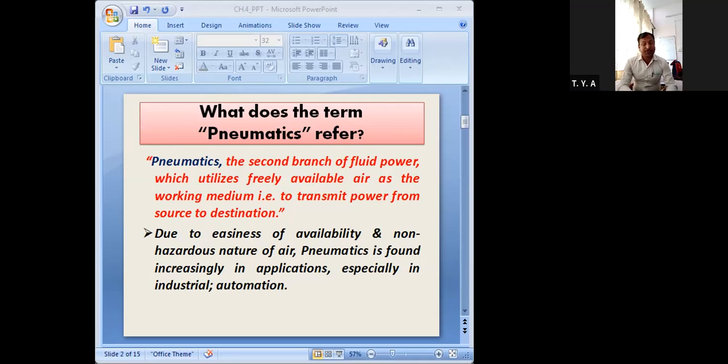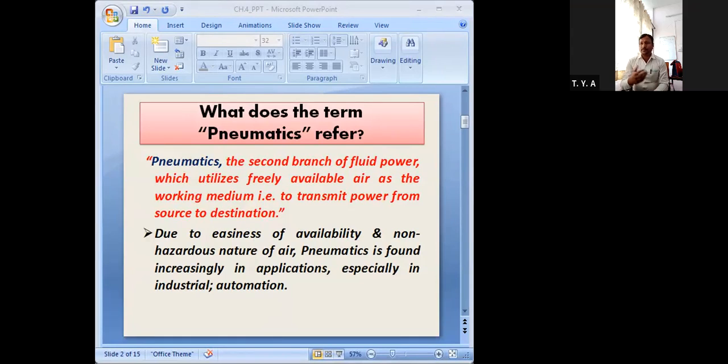We know that fluid power has two sections: one is hydraulics, which we have covered, and the second is pneumatics. Due to that only we are taking this other section. Now we have the meaning of pneumatics, from the Greek word pneuma, and then the definition of pneumatics. Why we use air as the fluid medium in pneumatics, the answer we have also received.